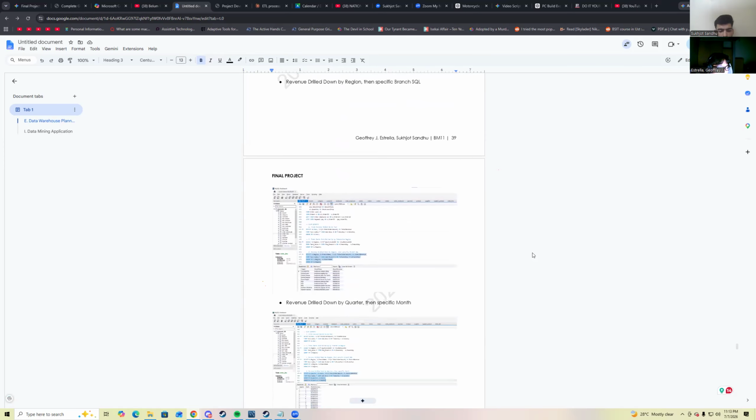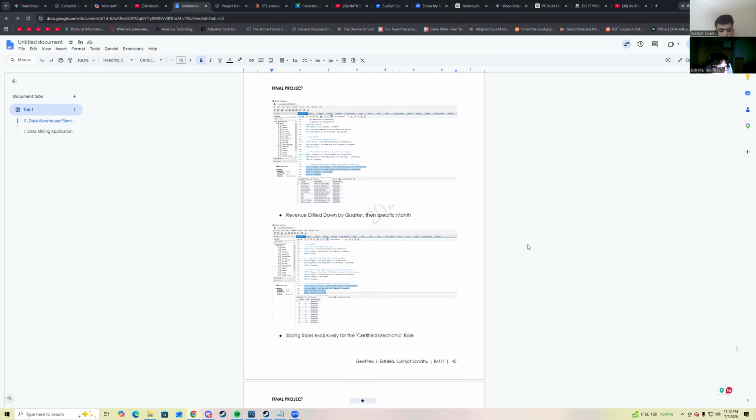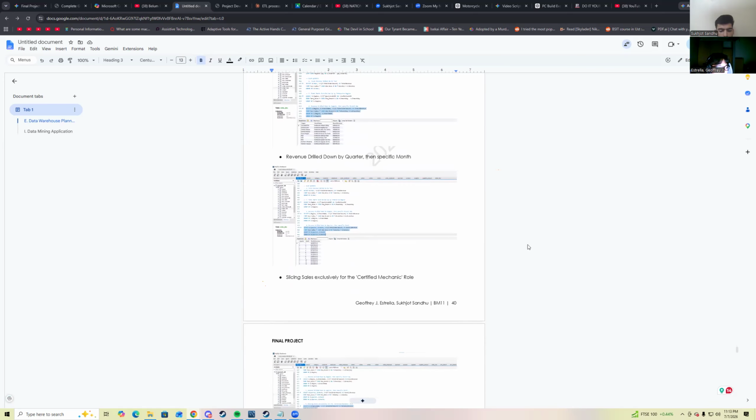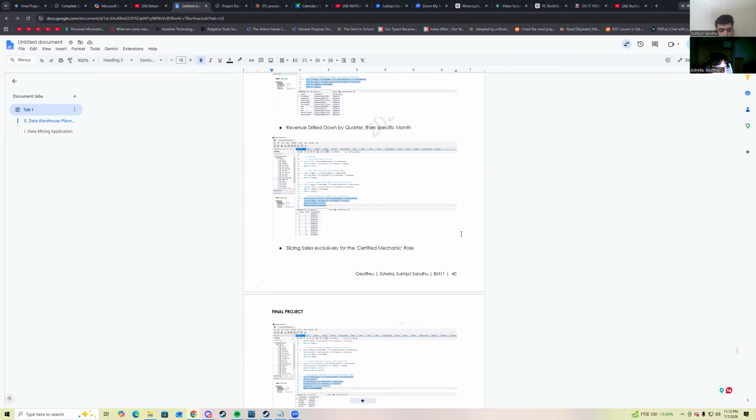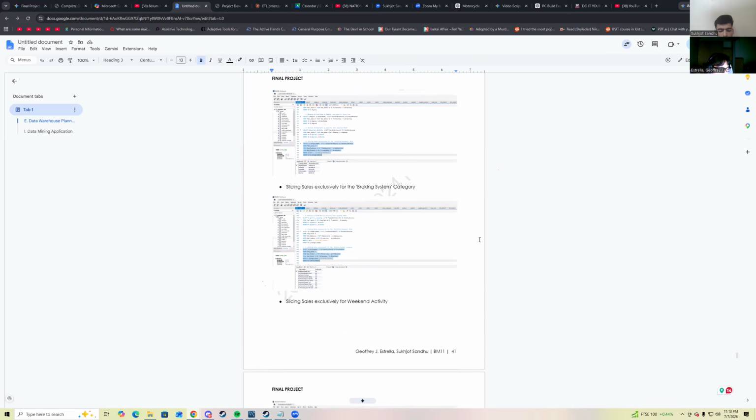And next we slice and dice the data cube, and we slice the metrics to isolate specific dimensions such as weekend sales activity and performance of certified mechanics. And we also dice the data to look at multidimensional intersections like tracking the exact value of tires and tubes sold in quarter one. And finally, we have executive rankings and trends,